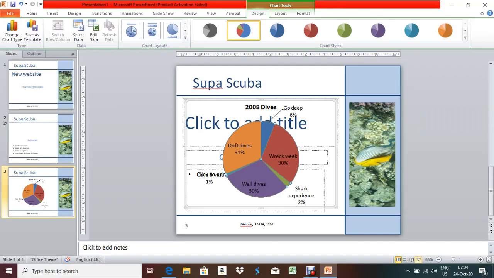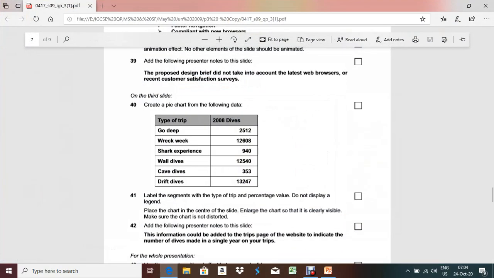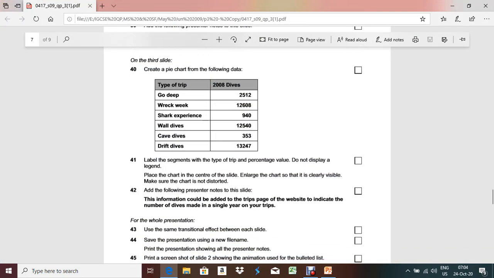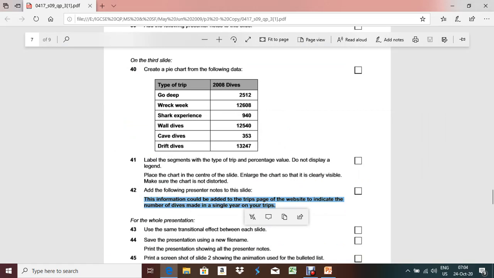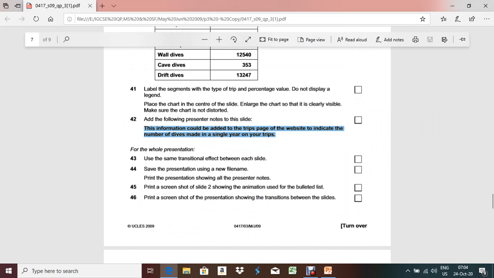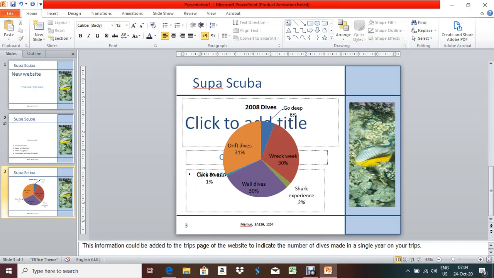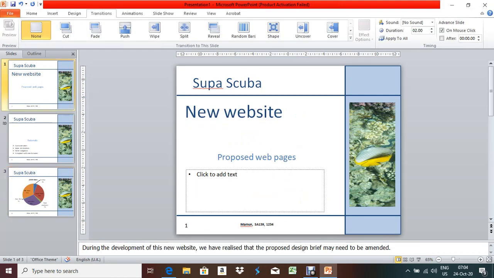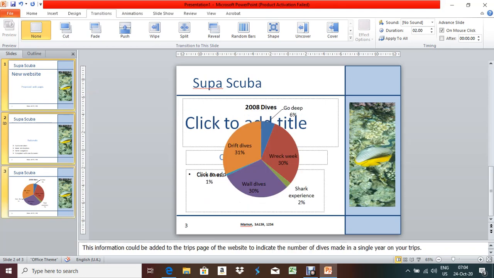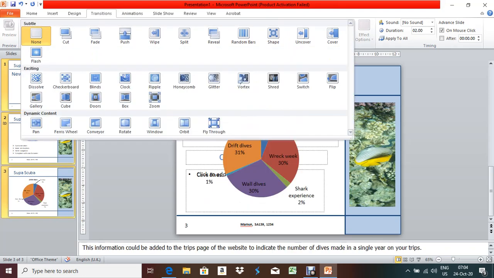It's perfect. Now next one, they are asking to add the following presenter notes. So you have to add the following presenter notes. Done. Next, for the whole presentation, use the same transition effect between each slide. So go to transitions. First you have to select all the slides by pressing the Ctrl button, and you need to give some transition.